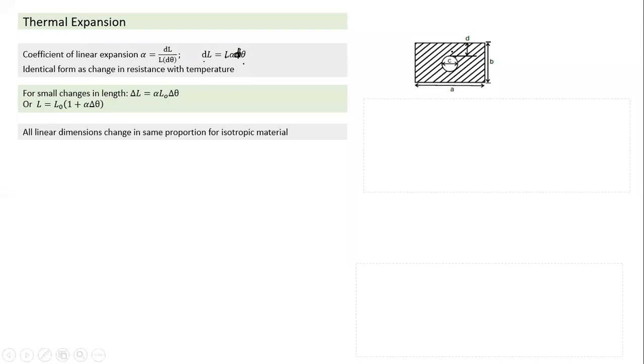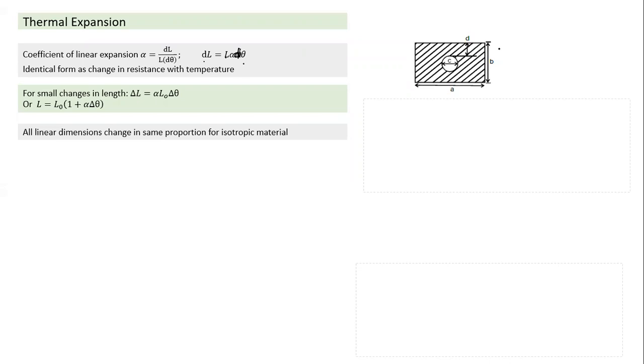So these are the various distances which are mentioned here. All distances mentioned are linear. And if we heat this plate, which has a hole in between, all four dimensions will change. But when we calculate the fractional change, it will come the same in all dimensions. So if A has increased by 1%, the width of the plate also increases by 1%. In fact, the whole size also will increase by 1%, and the hole's distance from the edge also increases by 1%.